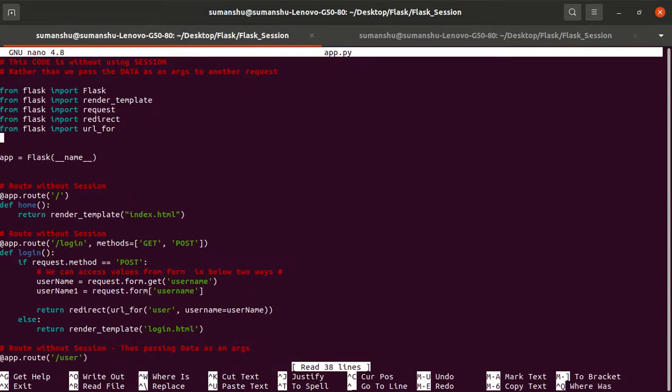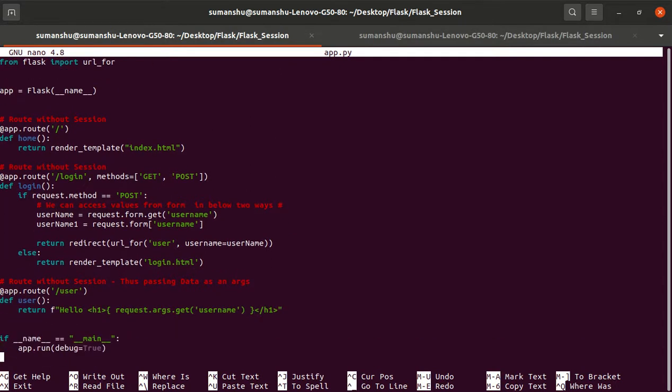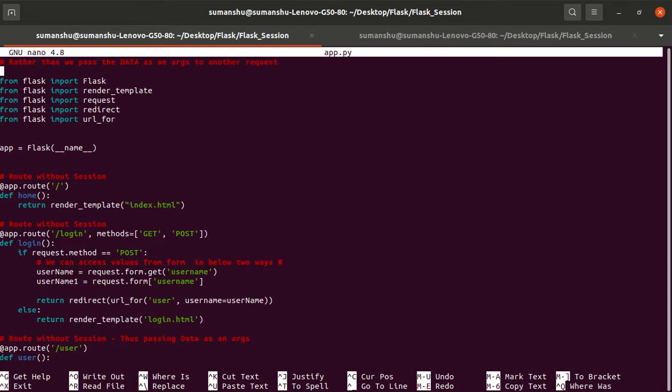I just imported the Flask class from the Flask module, instantiated the Flask app, and created a simple route, that is the index.html, and I created a login route, and I created the user route. So this code is not using any cookies, this code is not using any sessions, this is our normal Flask code, right?